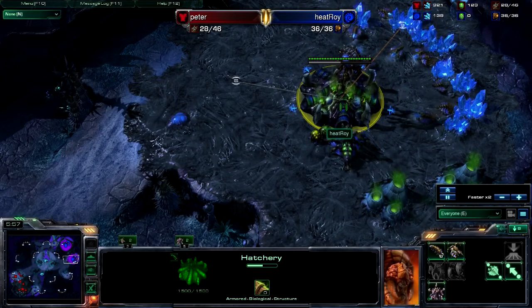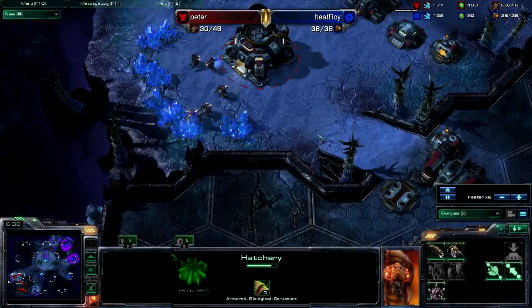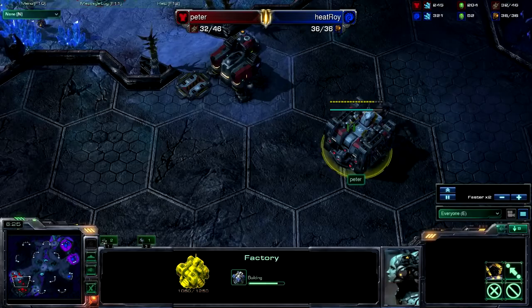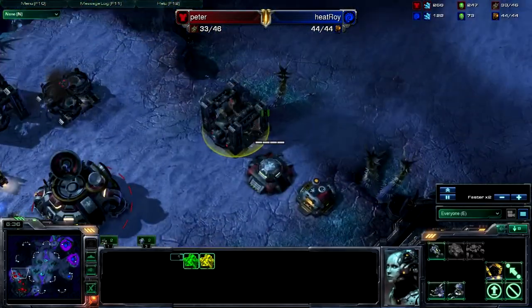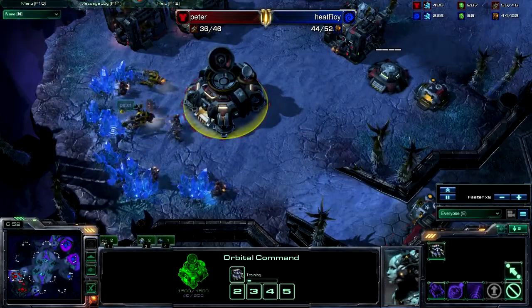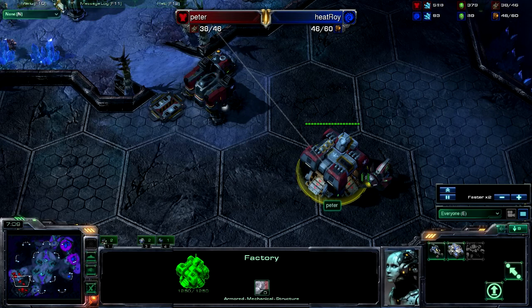So heatRoy should be fairly confident that there isn't going to be any sort of really crazy marine timing push. I think he also saw the factory, so he knows that there's not some sort of like 5 racks coming, but there's actually 2 factories going down. So are we going to be seeing just mass Hellion, which some of the pros are actually enjoying doing right now, just mass no upgrade Hellion? But we do have a tech lab going down, so I think we might see blue flame Hellions,